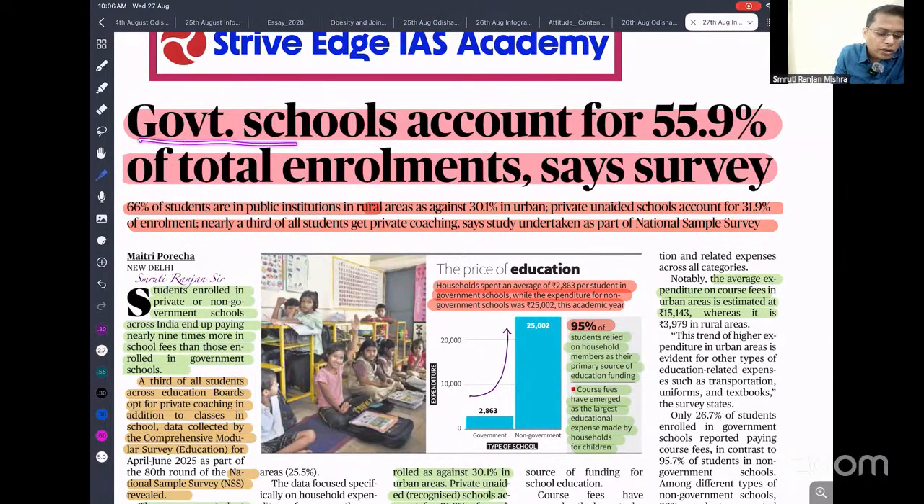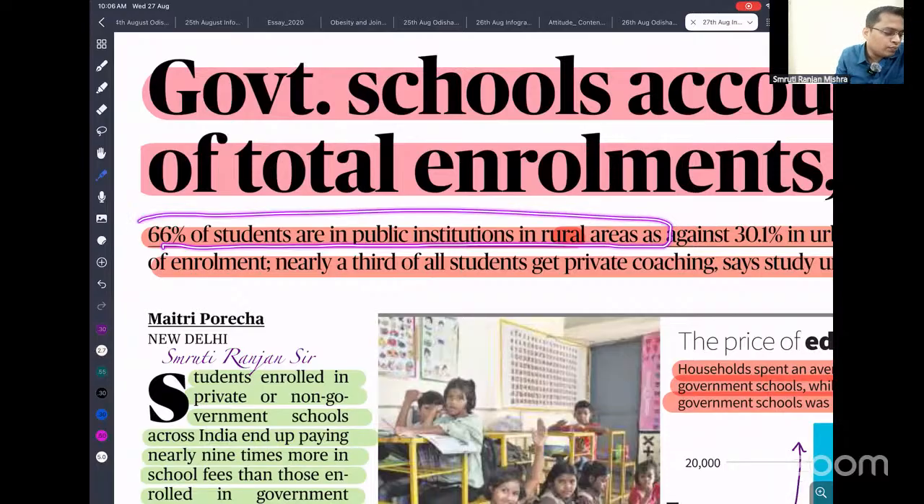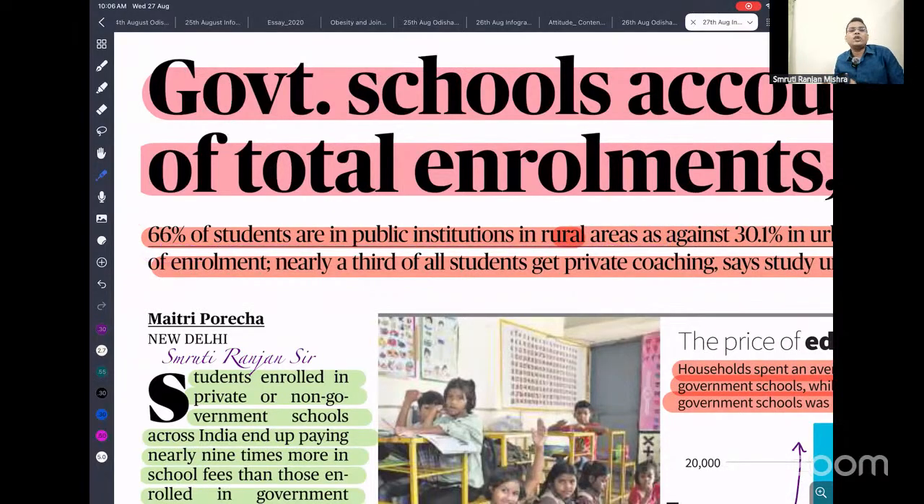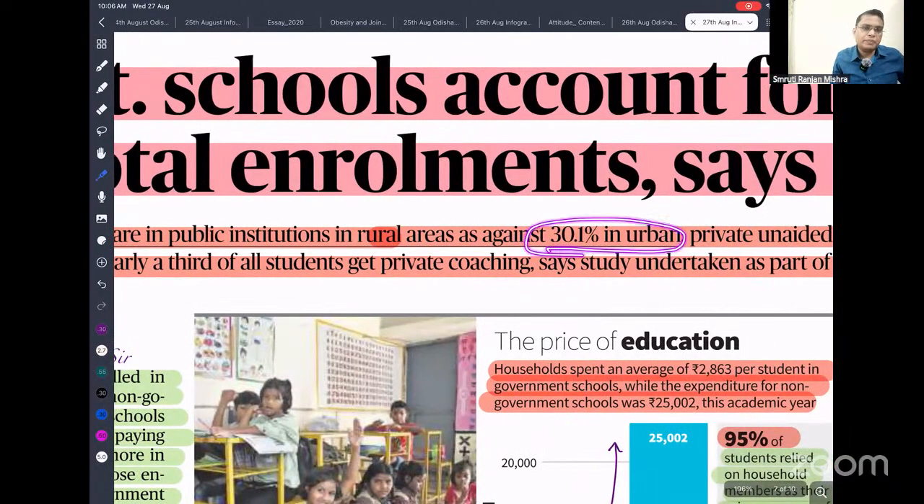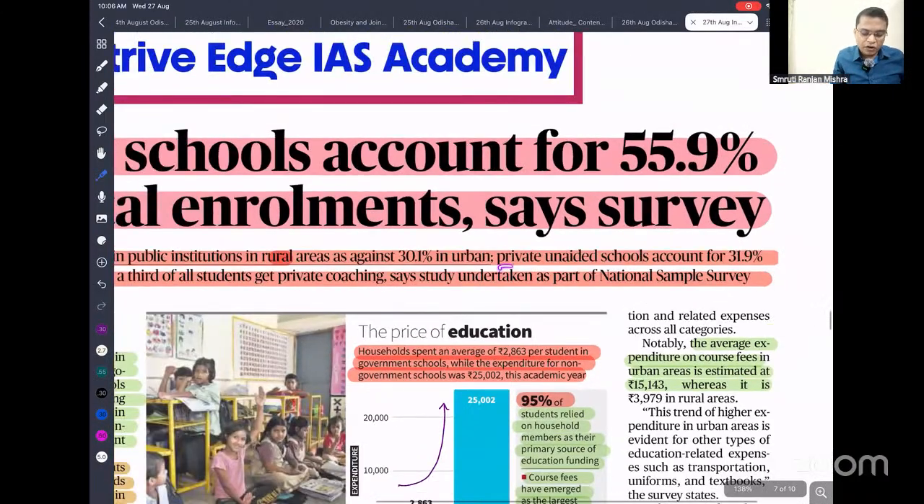So school account 56, around 66% of students are in public institutions in rural areas. If you look into that, more people are in government institutions, and 31% in the urban area, because urban area people are a little bit rich, so they have money, so they mostly enroll in private institutions. So private unaided school account,